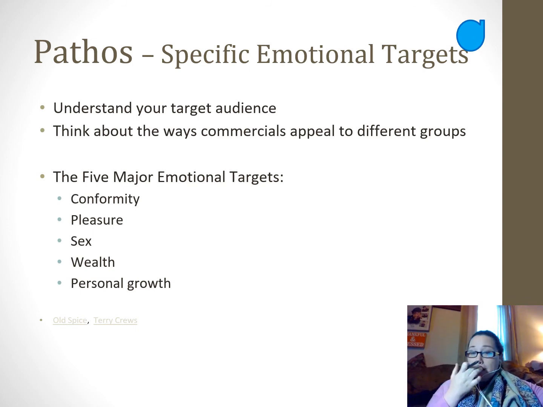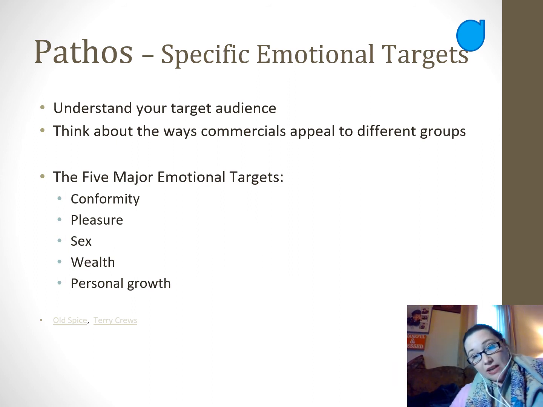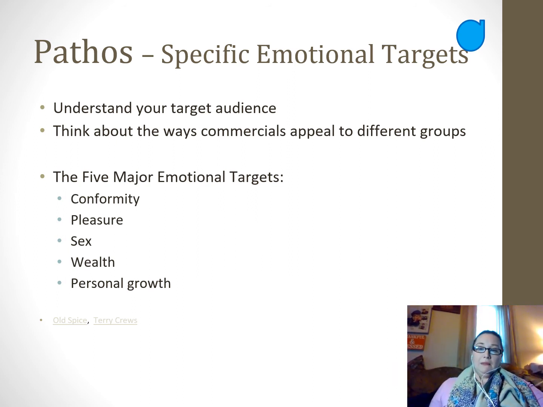All right. When we're looking at pathos, so that's Maslow's hierarchy, we also can think about specific emotional targets. Human beings have some emotional targets that are common and affect most of us. This is a good way to tap in without having specific information about your audience. There are five major emotional targets. You've got conformity. This is that whole idea of keeping up with the Joneses. You're not going to get left behind. You're a part of the group. It's like Maslow's middle level, the belonging level, gone haywire.